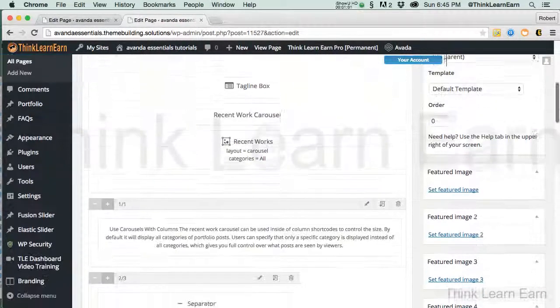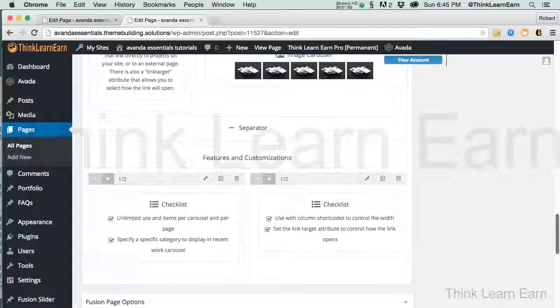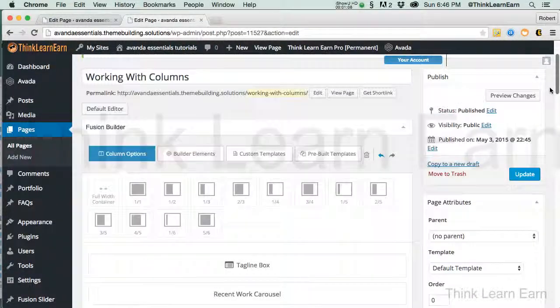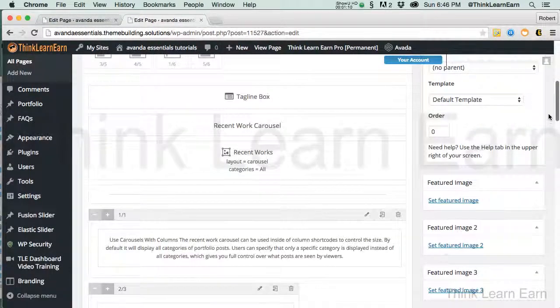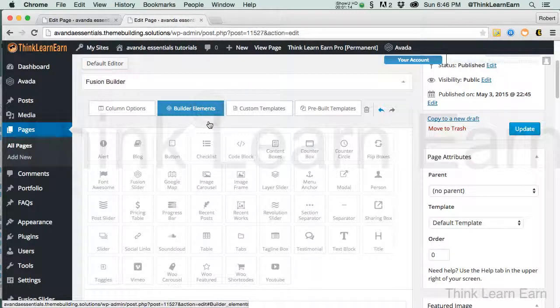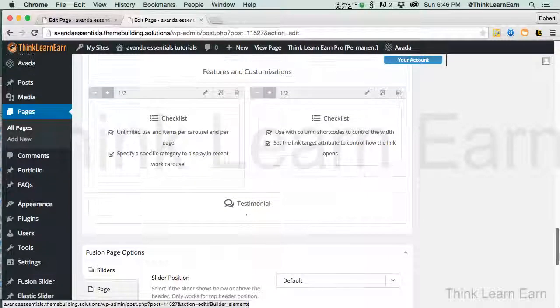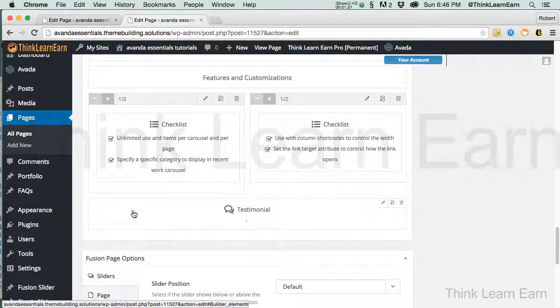So as an example, this would probably make a lot more sense to do this way. Well, no, I'll go with that. So if I go up here to builder elements and I want to put in a testimonial, I click on testimonials, and by default, it's going to put the testimonial down at the bottom. Now, the testimonial, if I was to take this, I can drag it